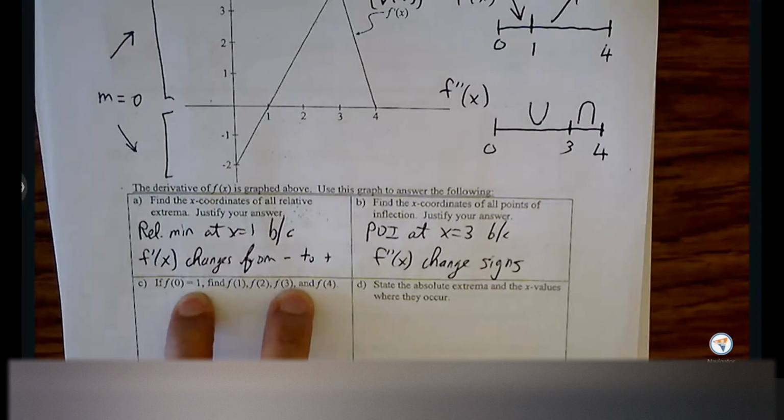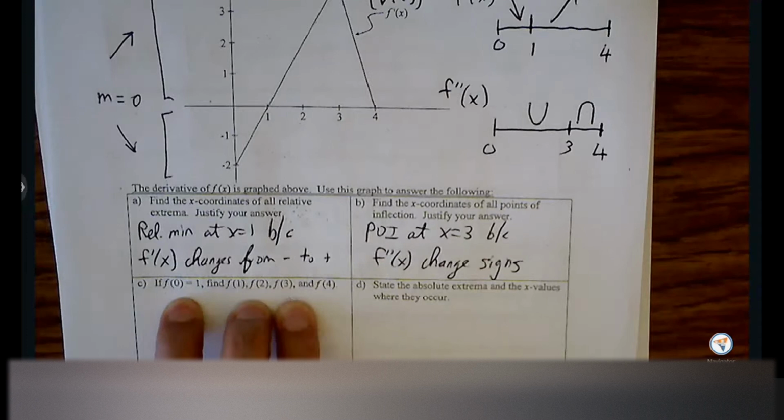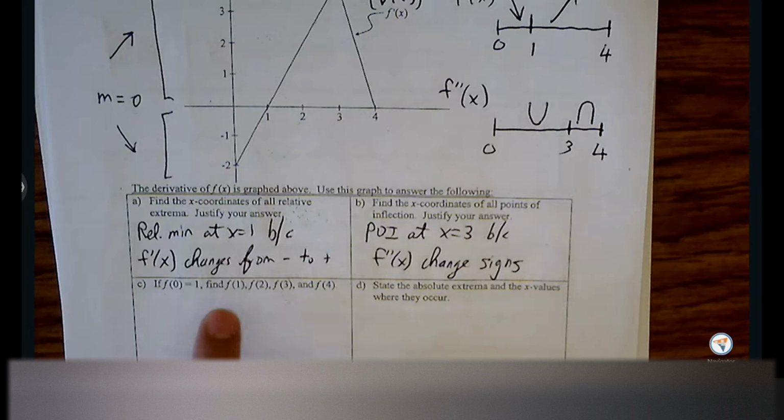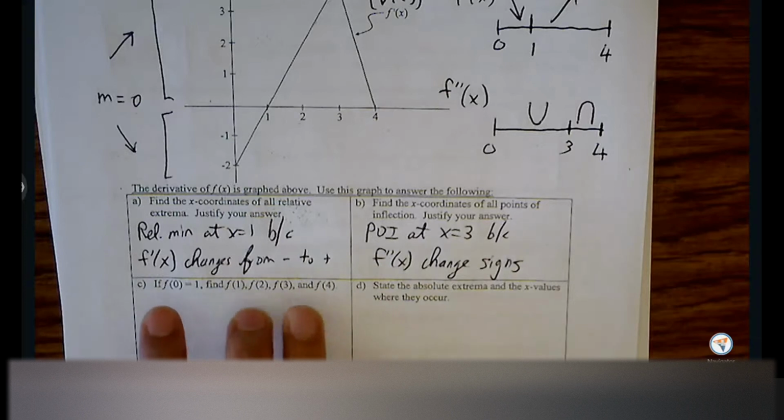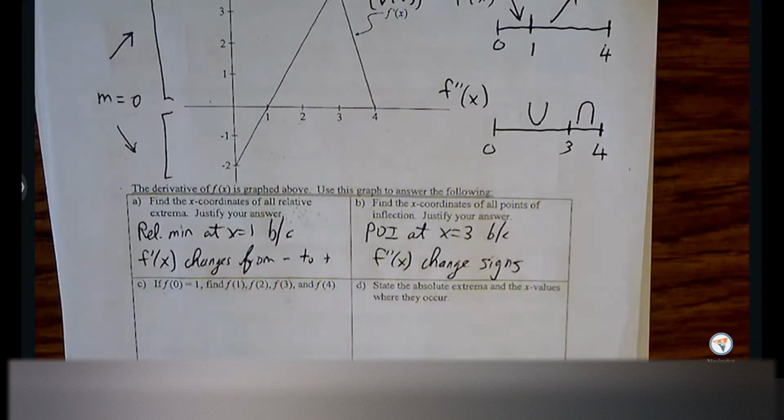I'm going to introduce a new subtopic here, where we're going to be involving displacement, but we're going to be looking at finding specific locations of the original graph based off of the derivative. So I'm going to go back to thinking in terms of velocity and this object on a number line, just moving back and forth. And we're going to try to place where this object is at specific time periods. Okay, I'm going to start there,